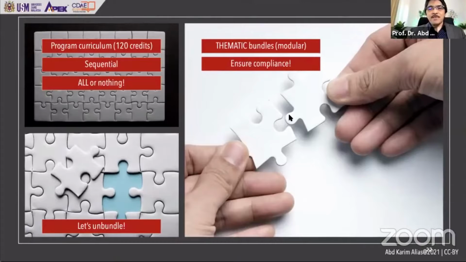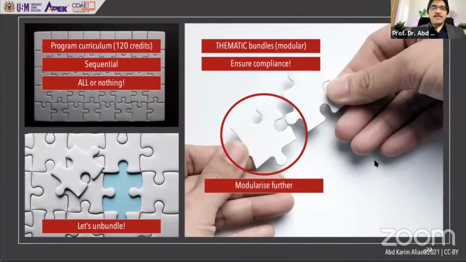So imagine if we have taken out the courses from the program and bundled them into thematic bundles. And when we look at the course level now in the circle here, we go further and modularize it further in a way that it makes sense, so that each module from the course can also